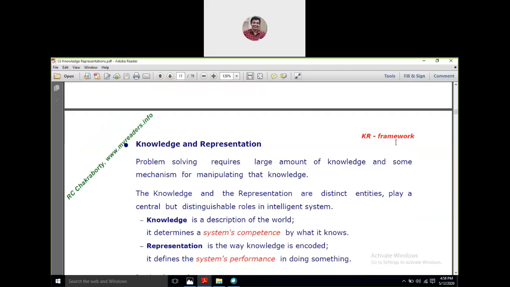Now let me tell you that if you go back to the slides initially, the stuff that I was talking about, like logic and predicate logic, I have already talked about. The things that you're supposed to know are rules, frames, and semantic nets, right? This is what you're supposed to know.